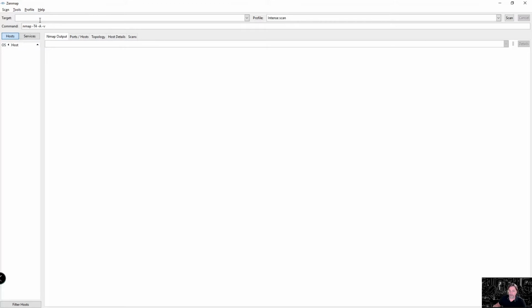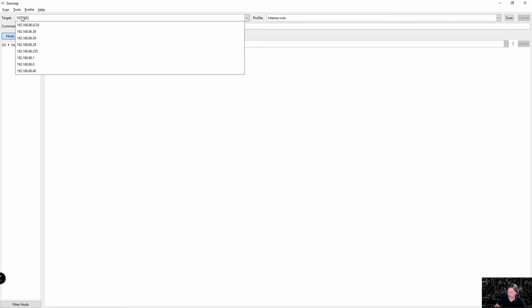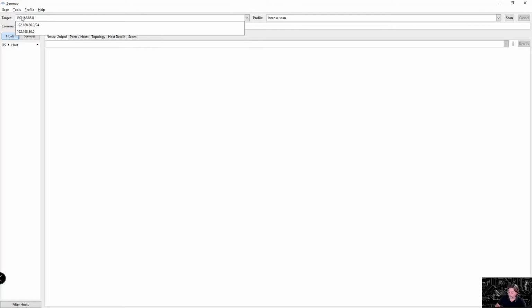Now there's a couple of ways you can do this. You can do this by target, or you can do this by individual hosts or by entire networks. And so if we want to do an entire network, in this case I already know what my network is, I'll just put in 192.168.86.0/24 for the CIDR notation,